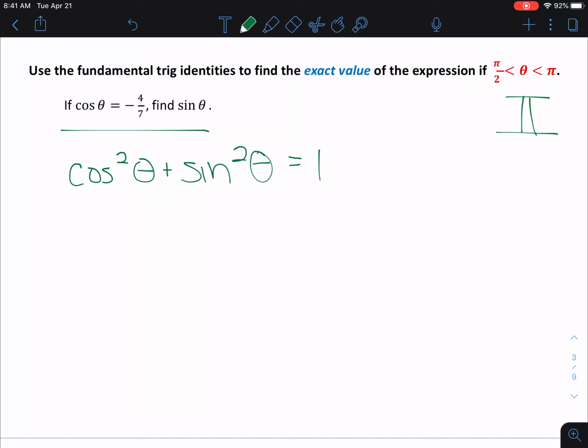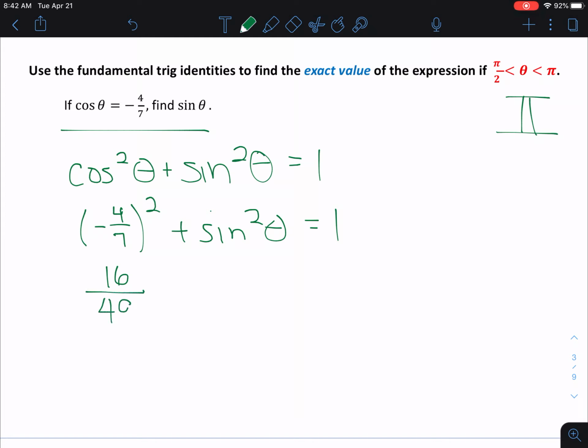Okay, now we already know that cosine theta is negative 4/7. So I can say negative 4/7 squared, put it in parentheses, plus sine squared theta equals 1. Now if I square negative 4/7, remember a negative times a negative is a positive, and when you square, you just square the top and the bottom. So this becomes 16/49, plus sine squared theta